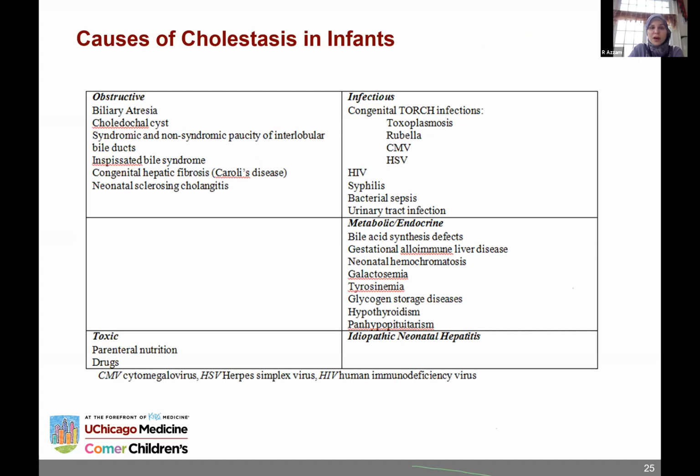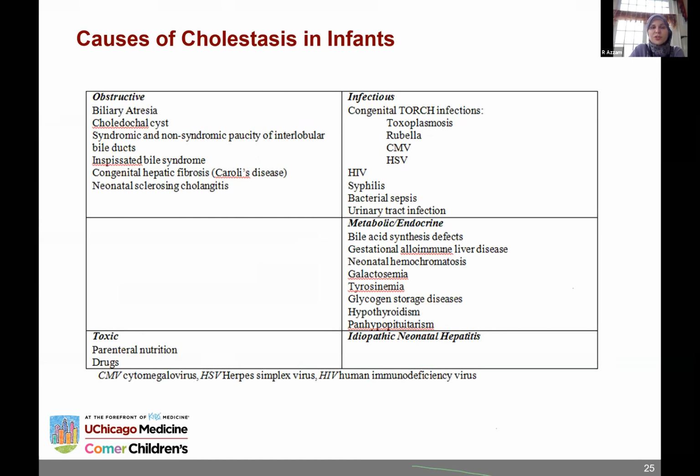So what are the causes of cholestasis in infants? There are big categories, and you can put them under obstructive, infectious, metabolic, toxic, and idiopathic. And the biggest on the obstructive one is biliary atresia. The others are choledochal cyst, stones or inspissated bile duct syndrome, syndromic or non-syndromic paucity of the bile ducts, congenital hepatic fibrosis, very, very rarely to see it at that age, but Caroli's could present early, neonatal sclerosing cholangitis,